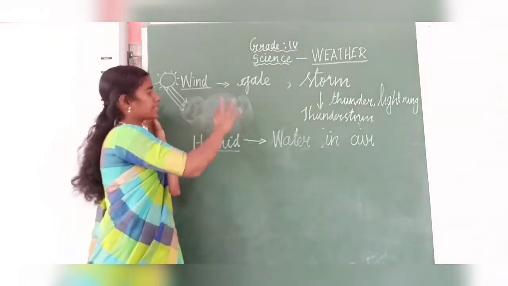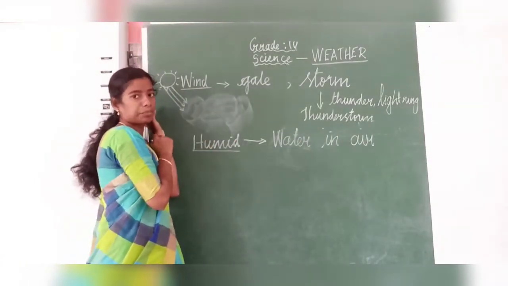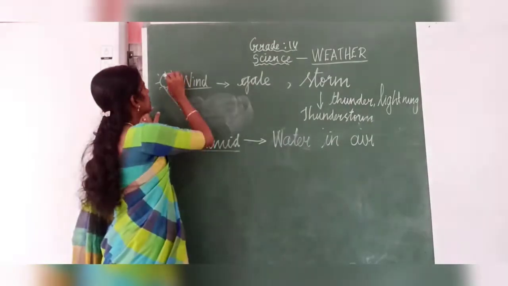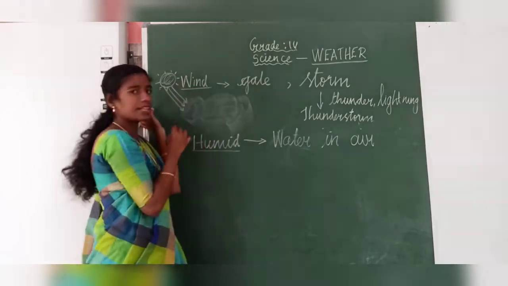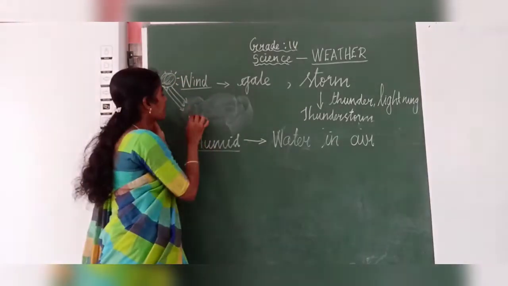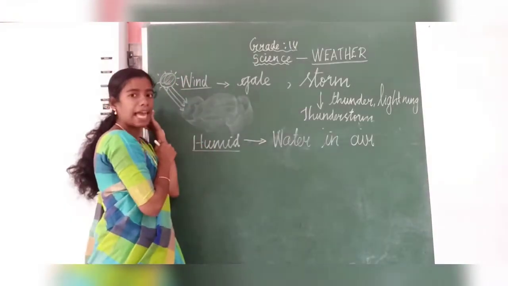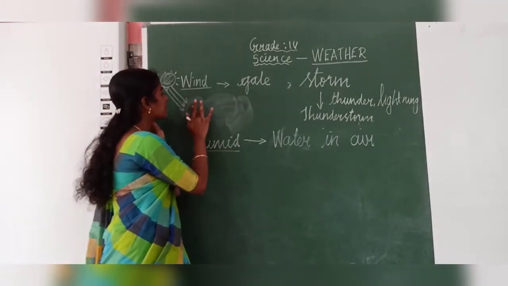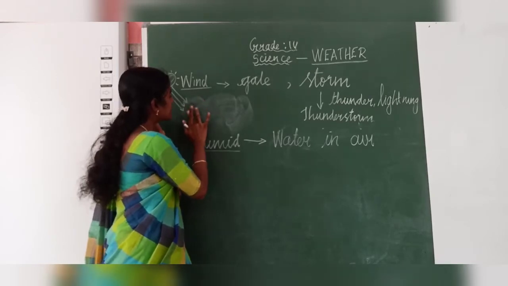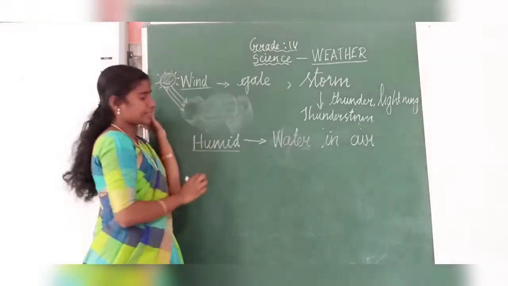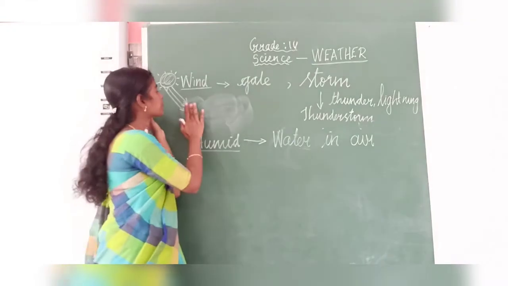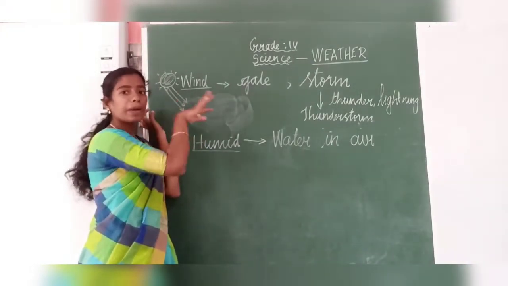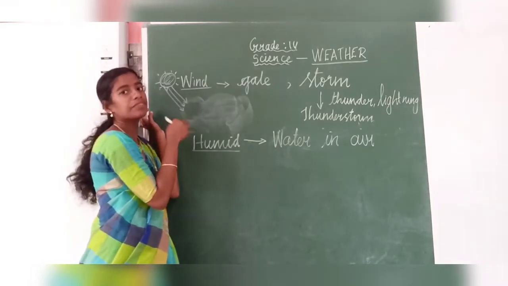Consider that air is there in the atmosphere. How is this wind formed? The sun is giving its rays. When these hot rays fall on the air, the air gets heated and moves away from that particular place. When this air moves away, some cool air occupies that place and